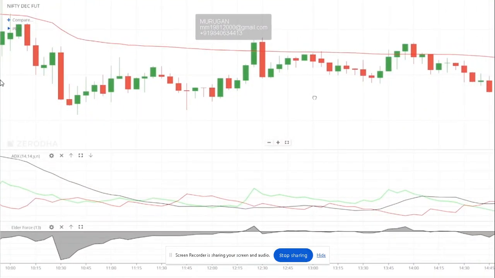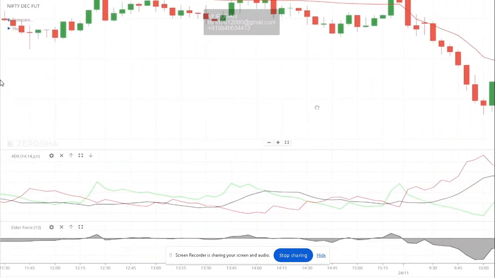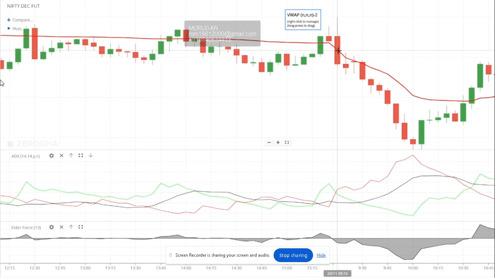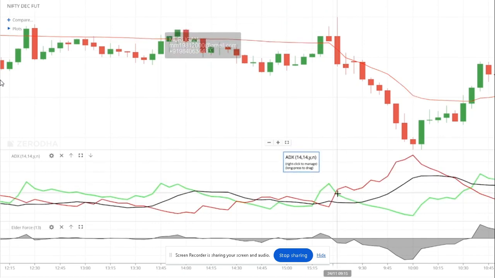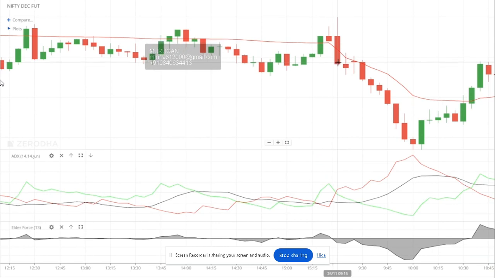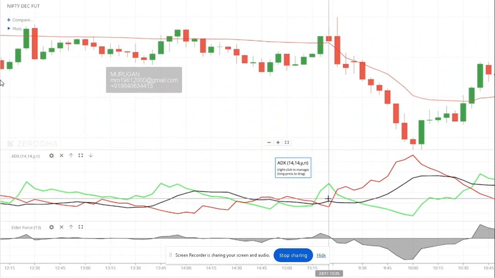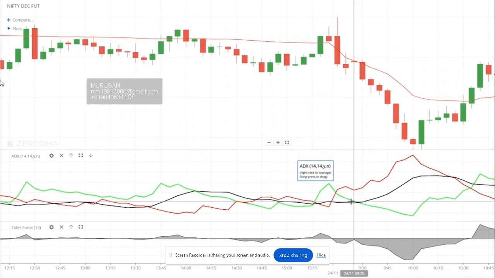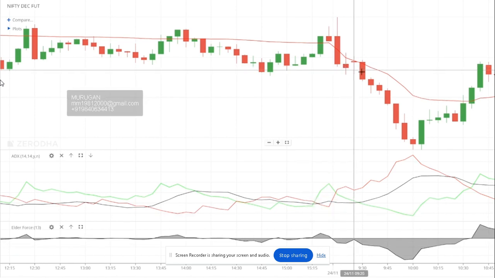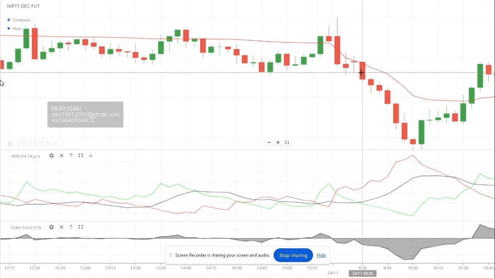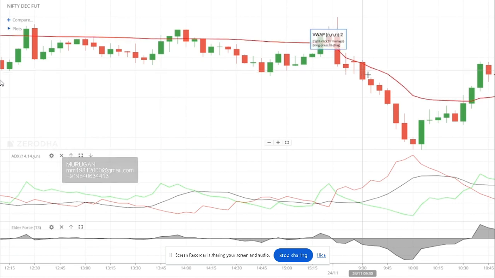Now, again, if you see here, you can see very clearly, green line is below the red line. Market is bearish. Number one, it is below the VWAP. It's plateauing and trying to turn around, and then the spike down. If not here, at least here you are very, very clear. Now clearly here ADX is moving on the higher side. Green line is below the red line, and spike down, and price is below the VWAP, and you see how much it has fallen.